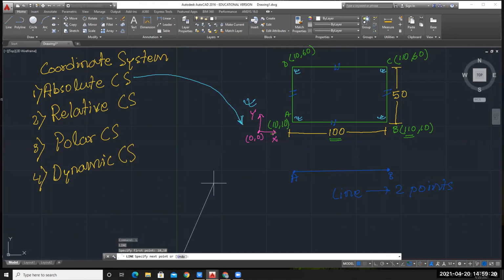Now you can see the symbol of my cursor has changed. Let me clarify this also.